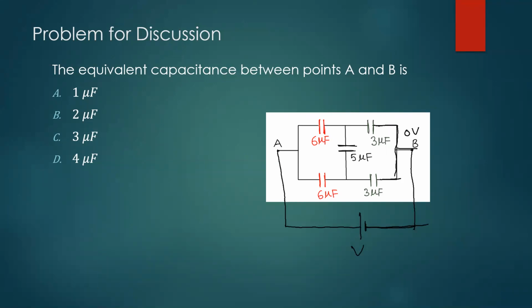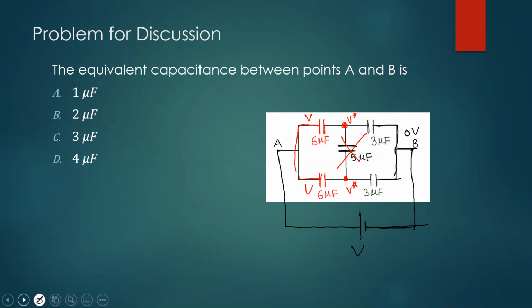Okay, so these are all metals, right? Capacitor is a metal. So everywhere you have potential V. Now if you look at the symmetry of the situation, this point is similar to, identical to that point, right? So if this point gets some potential, let's say V star, so this point should also get V star. So that means the potential difference across the 5 microfarad capacitor is 0. So that means it should not get any charge, and then that is actually useless. So if you remove that capacitor, that's okay.